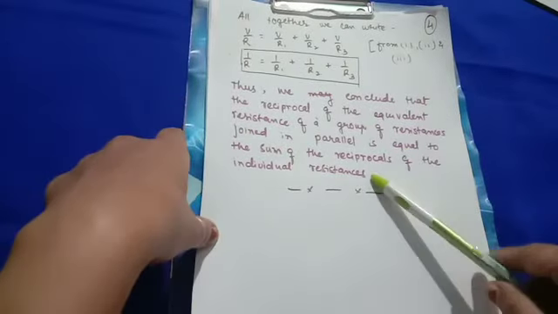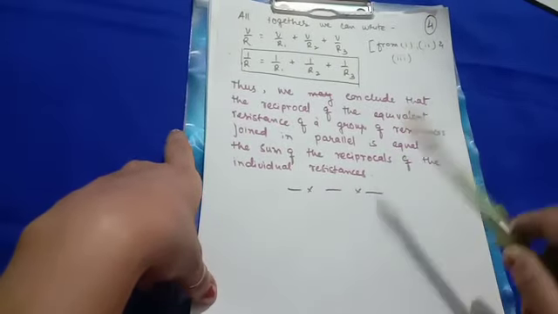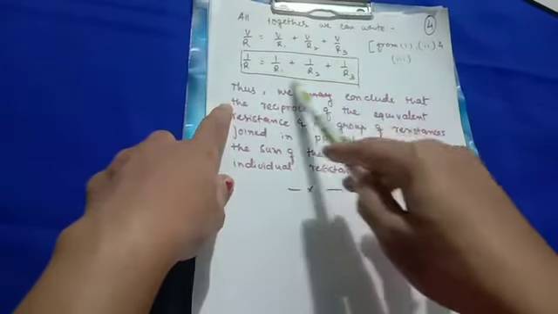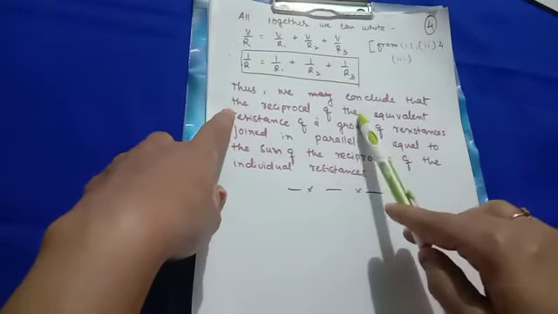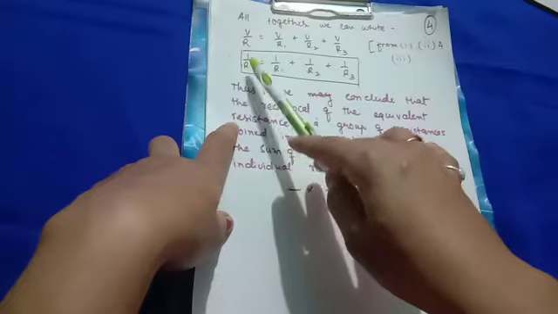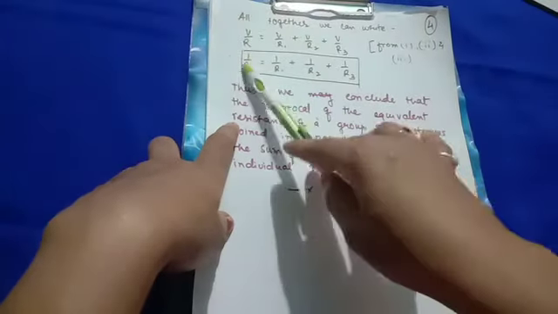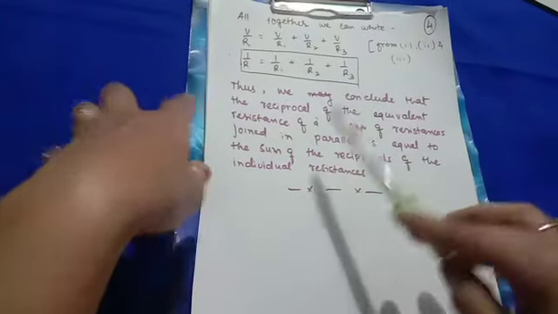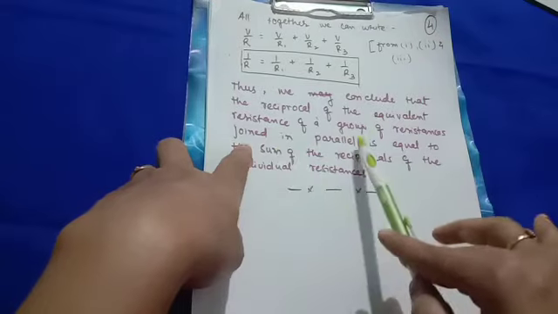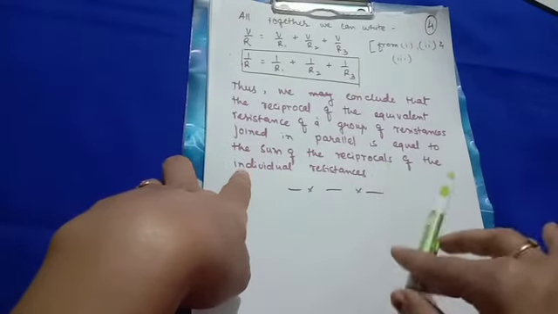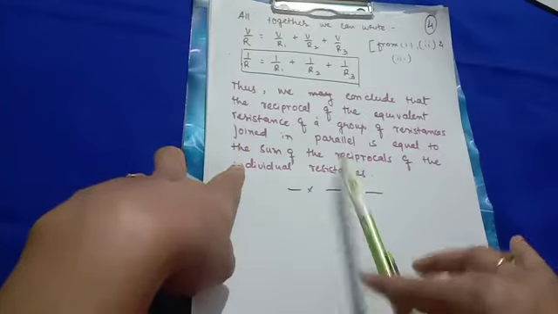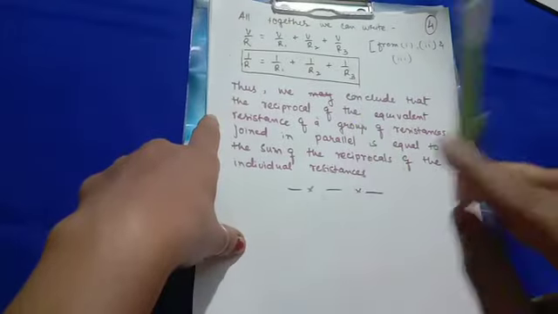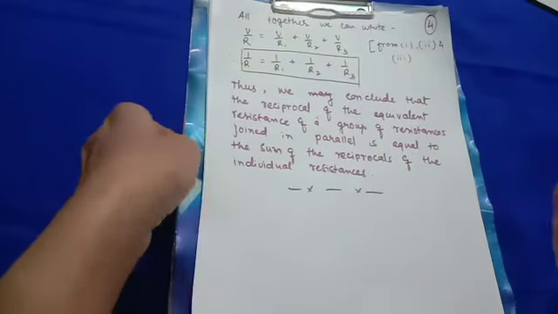But in this, why the bulb glows beautifully, all the three, and though one connection is gone, the other continues. So from this formula we can conclude that the reciprocal of the equivalent resistance, okay, of a group. Equivalent resistance मतलब सर्किट में से टोटल रेजिस्टेंस कितना हुआ उसका सर्किट का, of a group of resistance joined in parallel is equal to the sum of reciprocals of the individual resistances. Now इसकी वैल्यू क्या होगी? Its value, because it is reciprocal, so its value will be less than the least one. Okay, that you can write down.